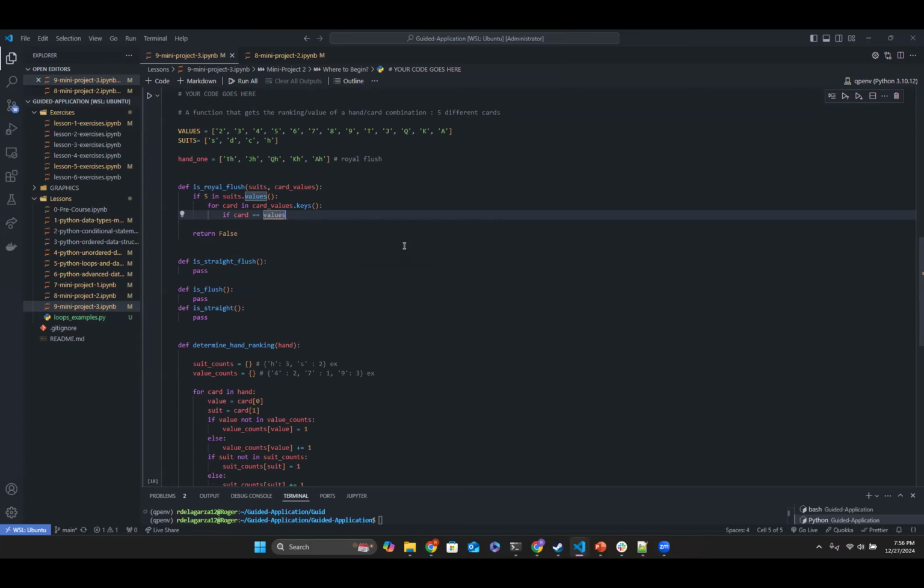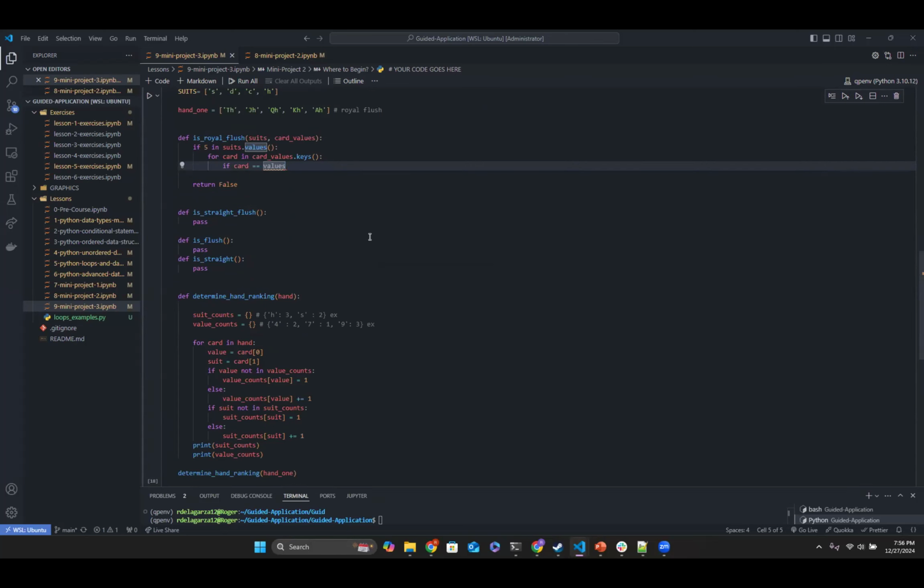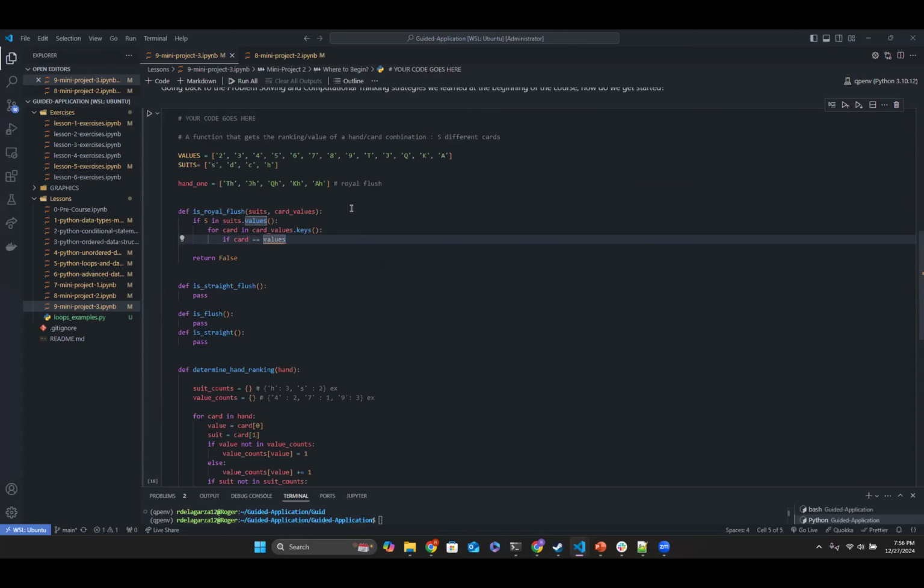If value... what do you guys think? If card is equal to values dot range, I don't know if range is... what do you say? If card